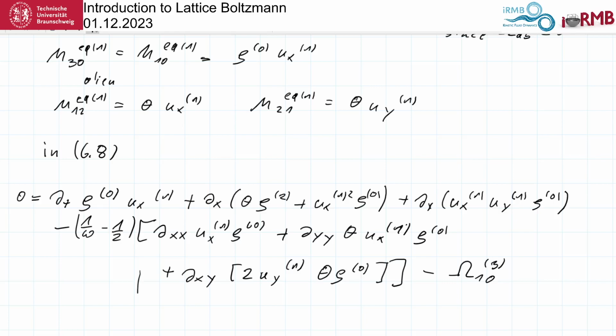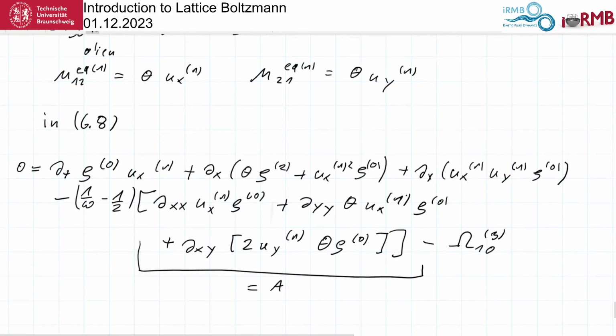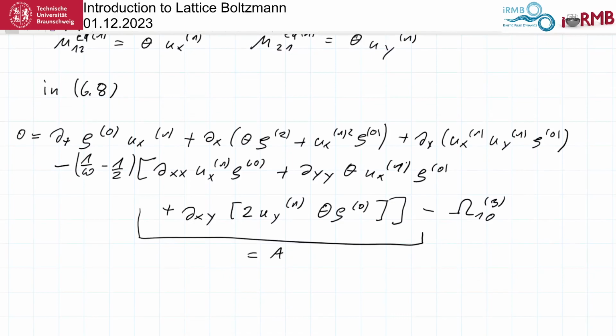Now we'll take everything under this and call this A, and this A is rho to the 0 order theta dxx ux first order, we're almost done, plus dyy